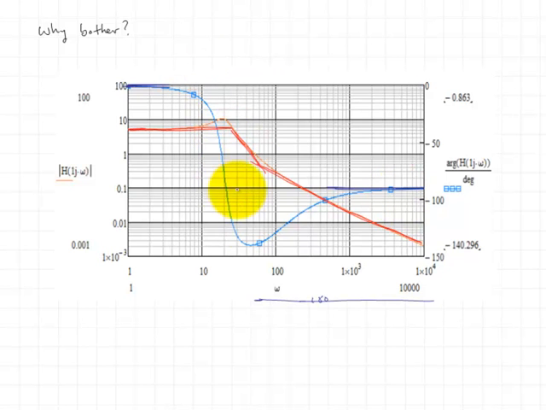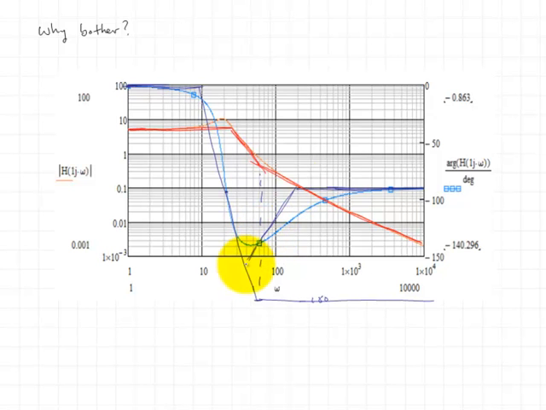Things that I pay attention to here are corner frequencies. That's wherever the magnitude response, that is the red or the orange graph, takes a change in slope. So we see one that occurs at 20 radians per second, and we see one that happens at around 60